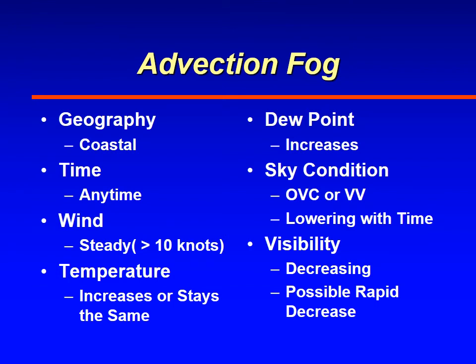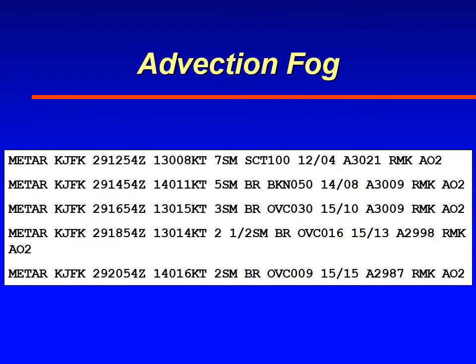With lower ceiling over time. The ceiling starts to lower. And then visibility, of course, decreases, and the possibility does exist for a rapid decrease in visibility sometimes with the onset of advection fog. Here's a good example of advection fog coming from the JFK, just outside of New York,